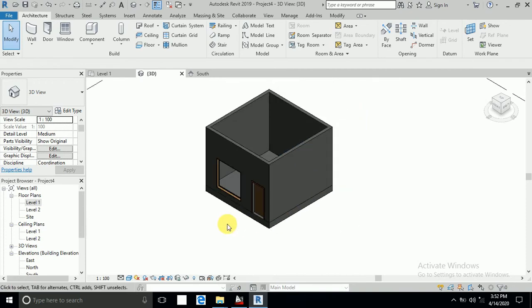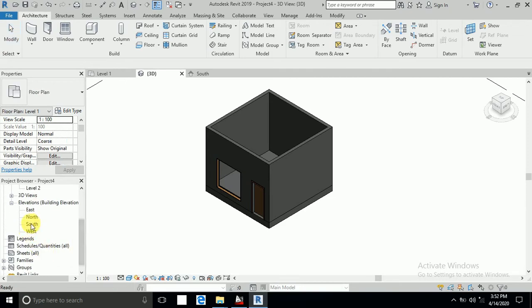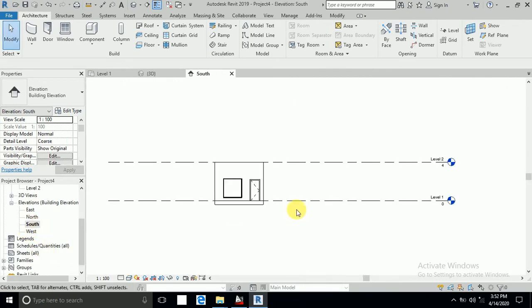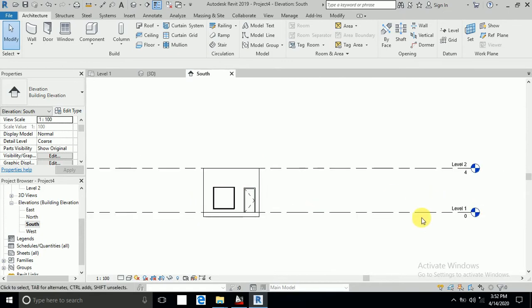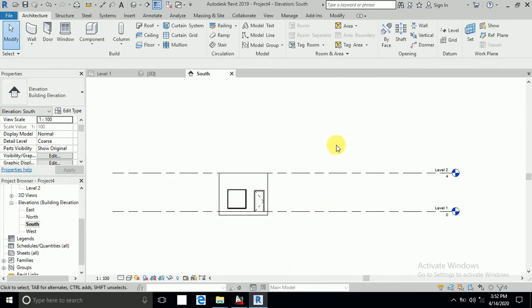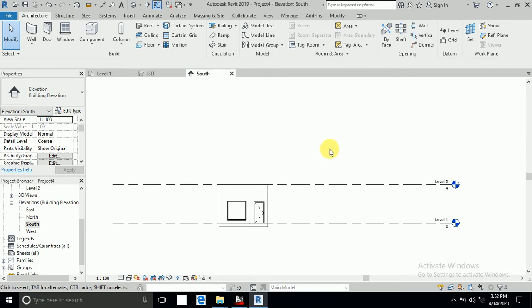Okay, now I have this floor. Okay, so this is what I do now, go to south elevations. Okay, this is the south elevations. Now I have one floor. Okay, so what I do,